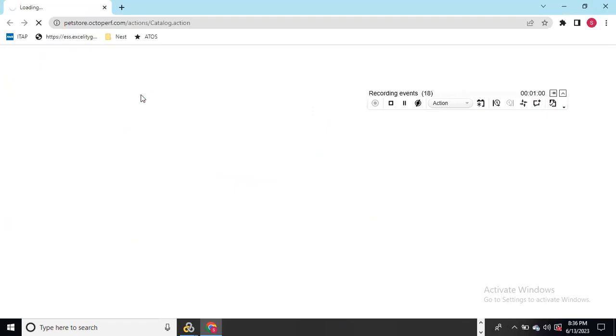So now you can observe the browser is being invoked. Don't do anything until the browser is invoked, and only after the launch is completed you need to start your